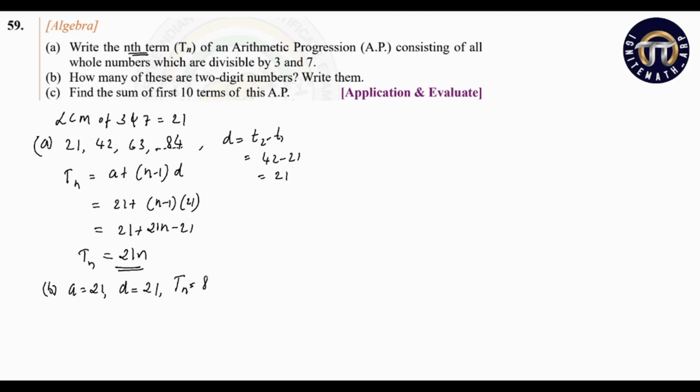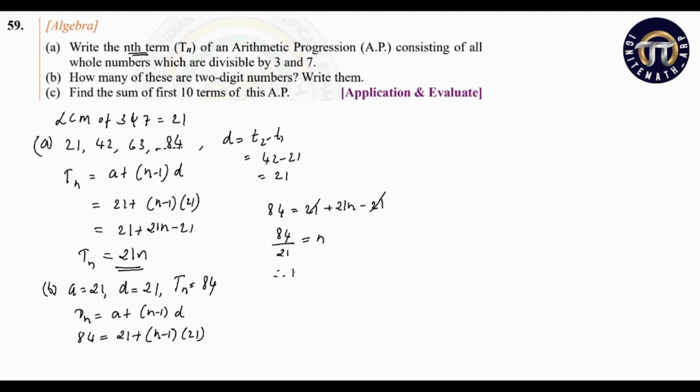So Tn is equal to 84. Tn is equal to A plus n minus 1 into D. So 84 is equal to A, which is 21, plus n minus 1 into 21. So I can write this as 84 is equal to 21 plus 21n minus 21. This will get cancelled. 84 divided by 21 is equal to n. So therefore n is equal to 4. Can easily count it over here in fact, children. So I can say that there are 4 numbers which are